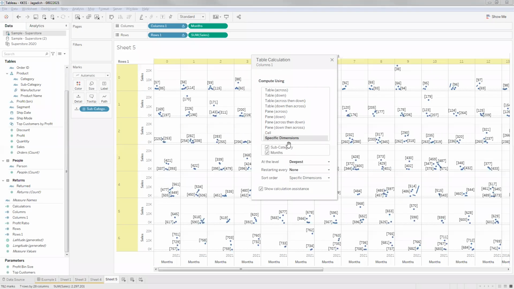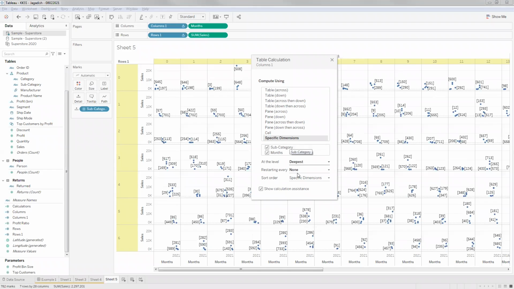The other thing I wanted to touch on briefly is what these two do. When I choose specific dimensions and I want my calculation to perform across every month and every subcategory, whenever I create this tick mark, think of it as Tableau's table calculation creating a hierarchy. Not the normal hierarchy that we have here, but some other hierarchy in which the order is the order in which you have set up the ticked fields in this particular space.